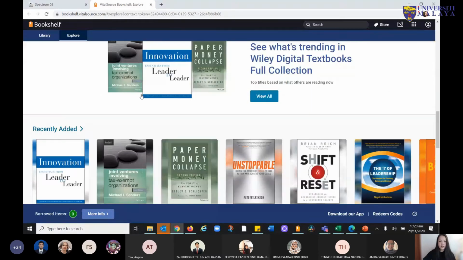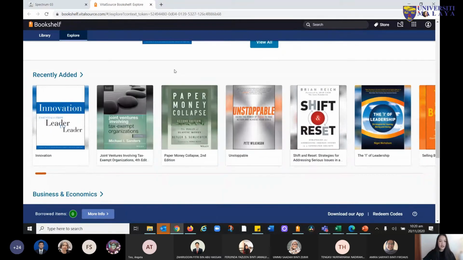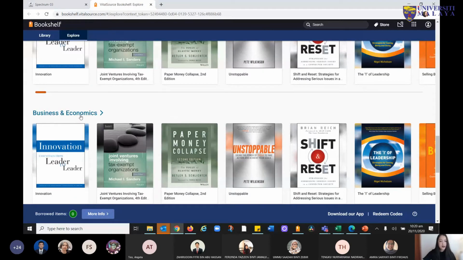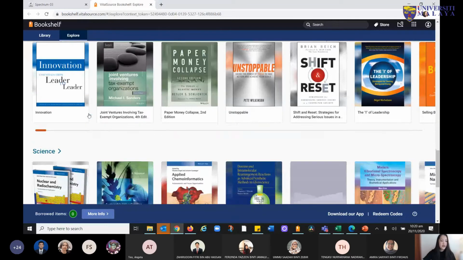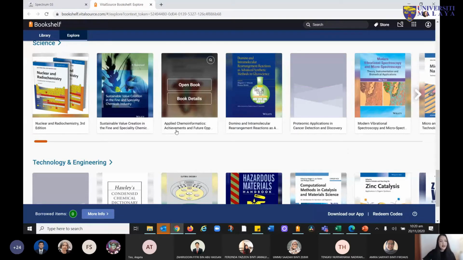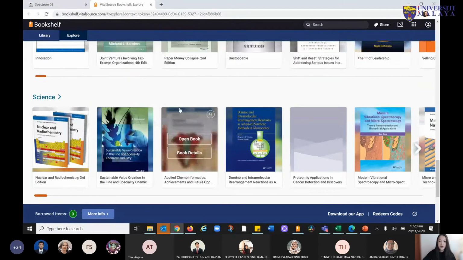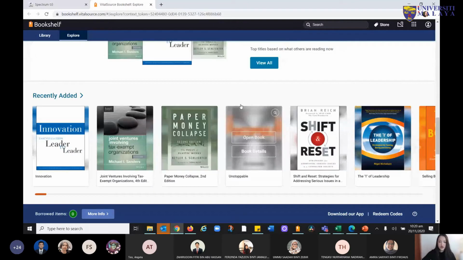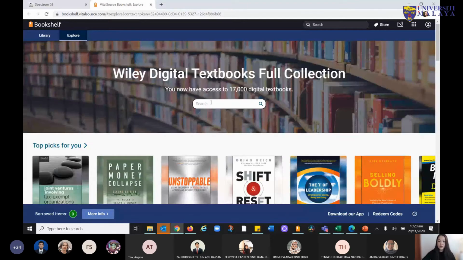And if you scroll further down, you will also get to see the recently added titles, and you will also find titles under different subject categories like business and economics. Scroll further down: sciences, technology and engineering, and so on. So feel free to explore the titles by subject categories, or if you already have a specific book in mind, all you need to do is type in a keyword right here at the search box,